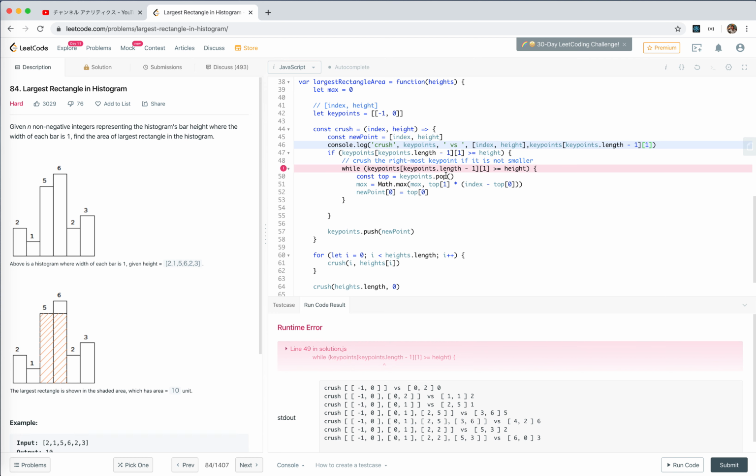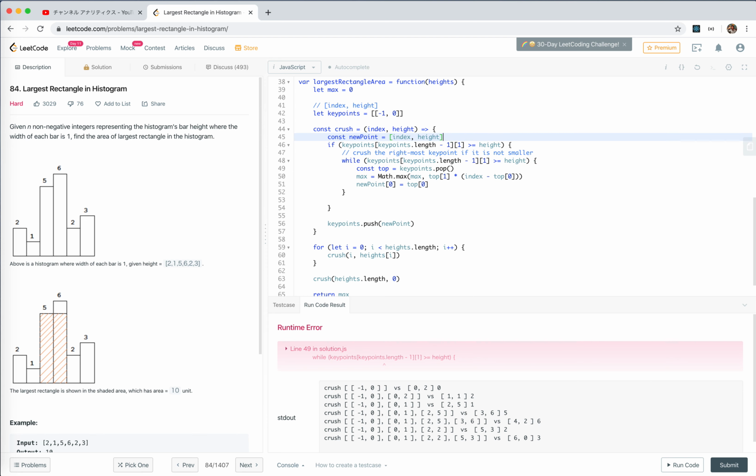We pop it, and then 2 bigger than 0, pop it, 1 bigger than it, pop it, and then 0 bigger than it, pop it. God, we pop through, pop all. So my bad. We pop too much. If key points length is bigger than 1,